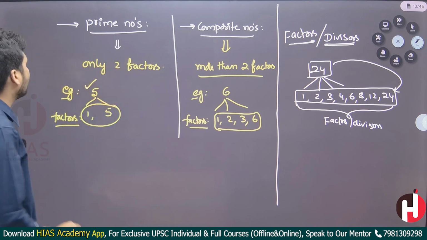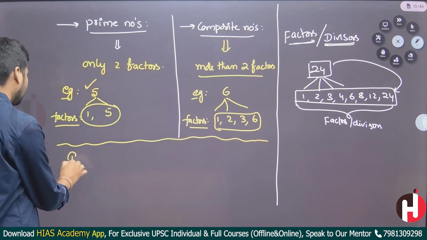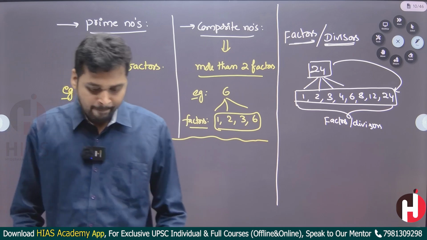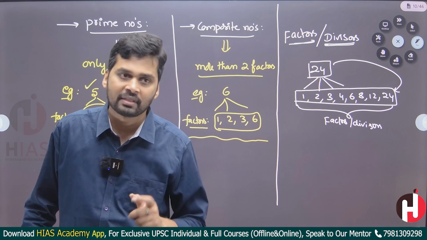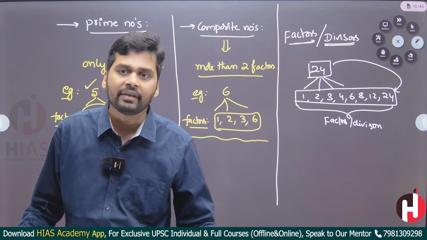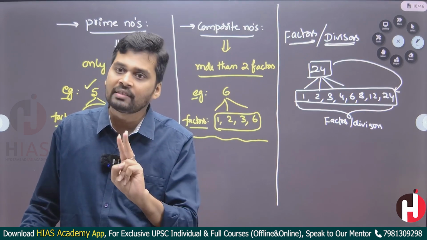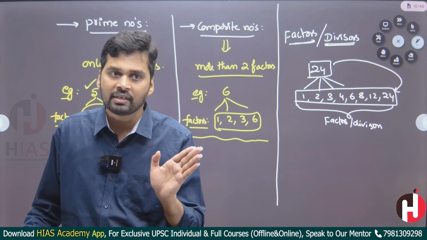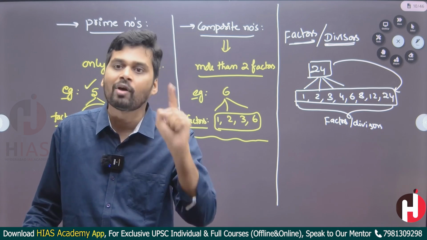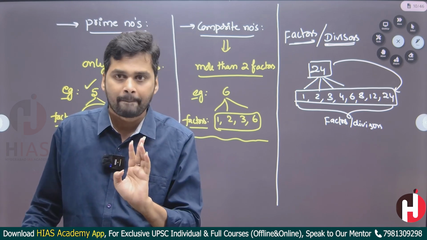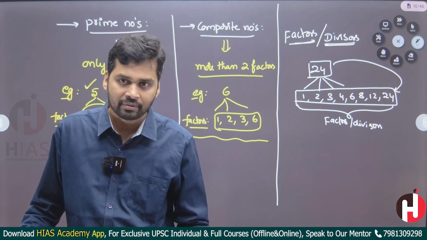And then what are the points to be noted in prime numbers? Okay, first one. If you take all the prime numbers, what are the different prime numbers? Example 2, 3, 5, 7, 11, all these numbers, right? If you take all the prime numbers, you can see that only 2 is the even prime number. You cannot see other than 2 as an even prime number. When it comes to the even numbers, there is only one even prime number, that is what? 2. 2 is the only even prime number in the number system. So please note down that point.